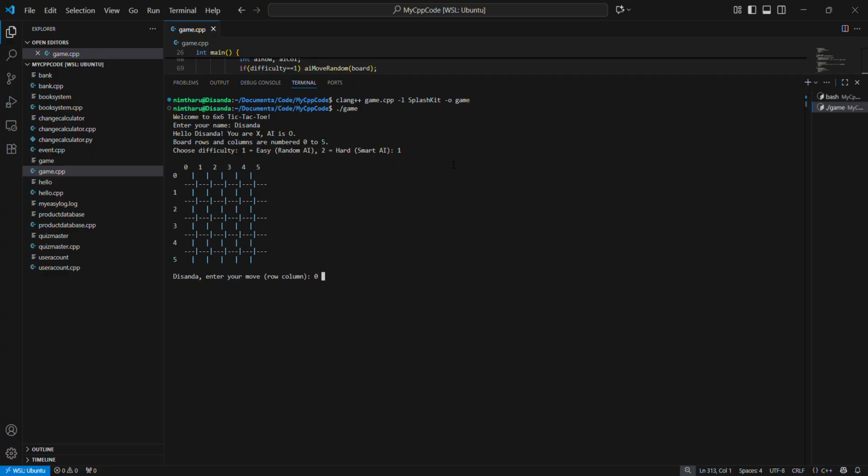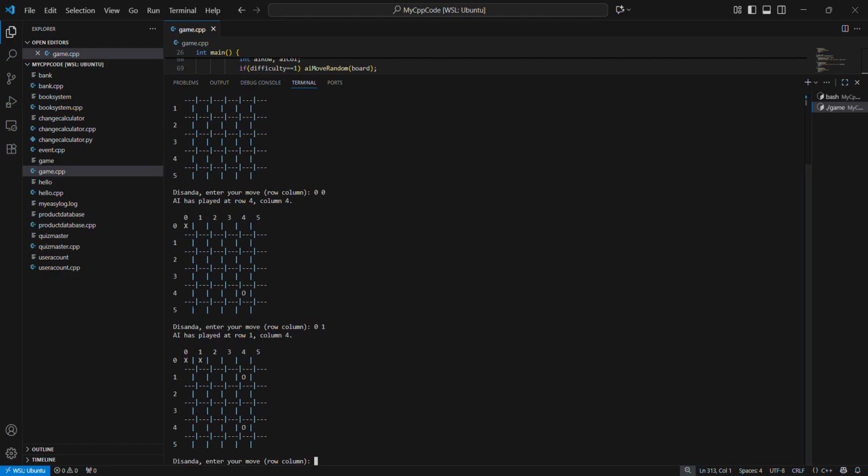So I'm going to say 0 space 0, and as you can see it got placed there. Then like that, and the AI move was here in a random place because this is the easy AI. Then 0 1, 0 2,